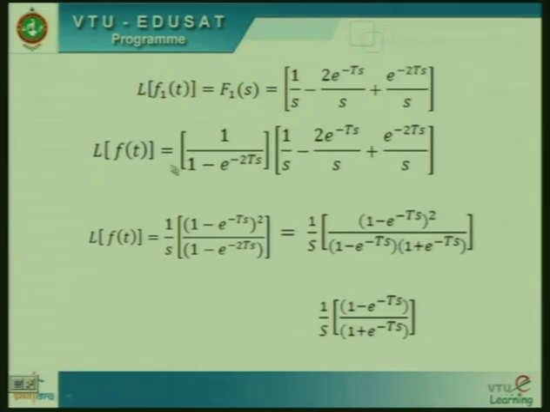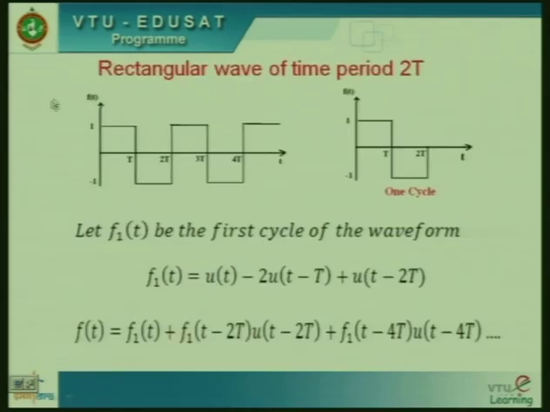So, the Laplace transform of the final periodic function L of f of t is 1 by 1 minus e power minus 2Ts into 1 by s minus 2 by s into e power minus Ts plus 1 by s into e power minus 2Ts. So, this is the Laplace transform of the function under consideration, or this is the Laplace transform of this particular